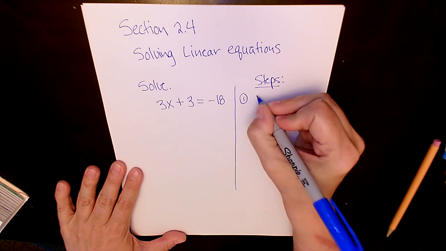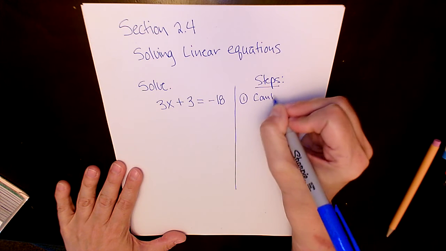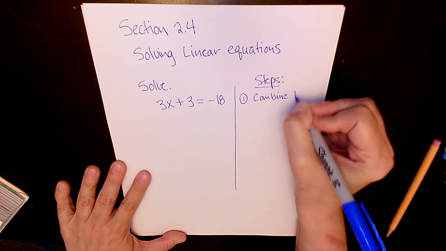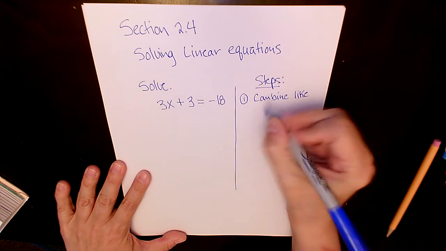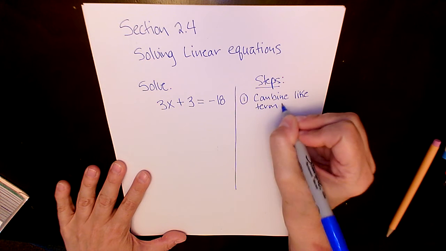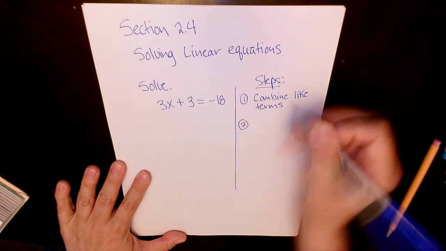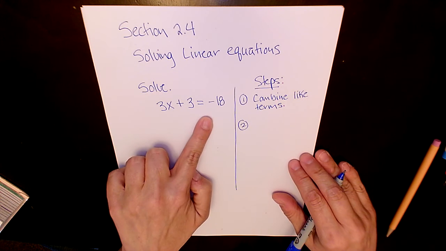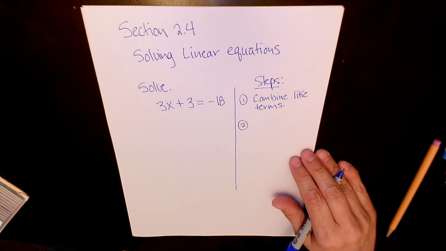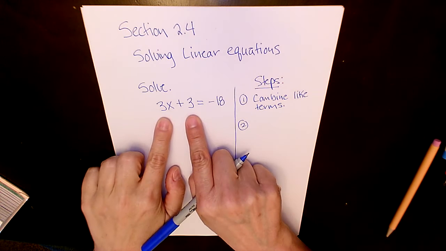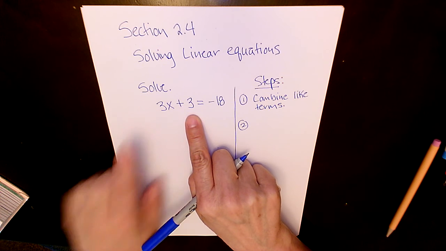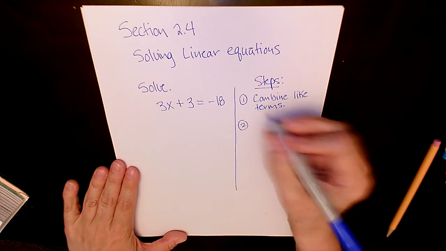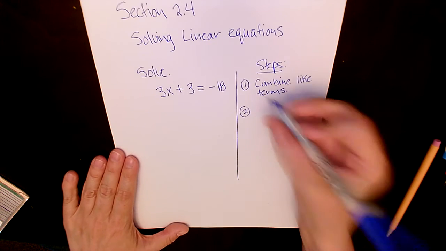So always look and see first if you can combine any like terms. Well, I'm looking on this side, I'm looking on this side, I don't have any. I can't put 3x and 3 together because they're not like terms. So I'm going to go to the second step,